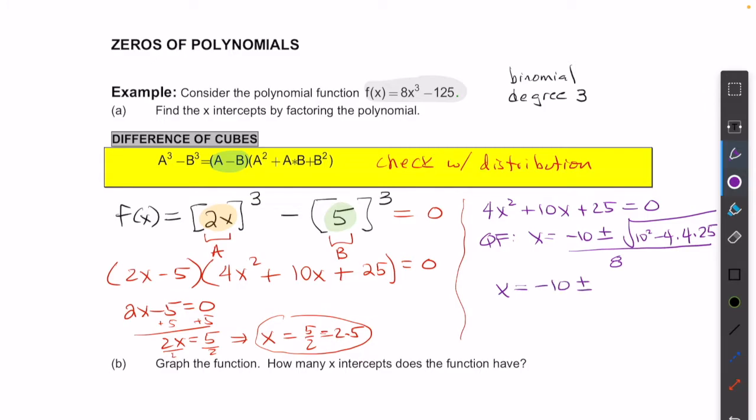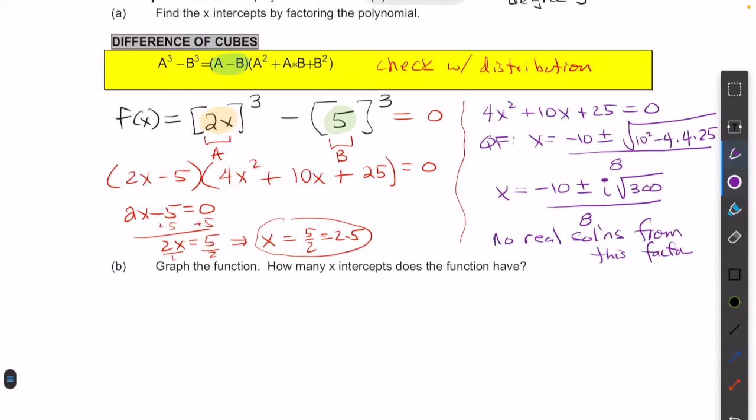And when I calculate 10 squared minus 4 times 25, I'm getting a negative 300 under the square root, which is going to come out as an i. The negative turns to positive 300 with that conversion, over 8. And this tells me that this factor gives no additional real solutions. So it appears that there's only one